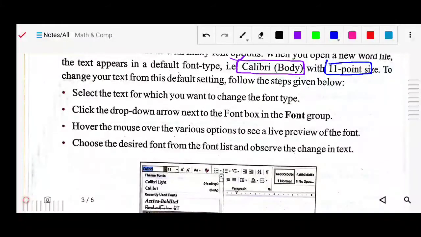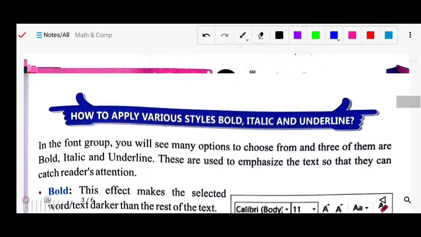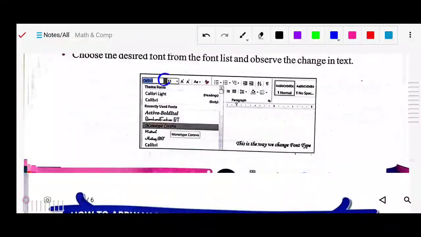You can change it with the help of the drop down menu, which you can see here in this font group. In this drop down menu, many different font styles are there, like Calibri Light, like Arial, and likewise some other different fonts. You can see monotype, cursive. So different styles of text are there, and you can select from here. Also you can change the size of the text from here. A list will be there, and the maximum you will get is up to 72.